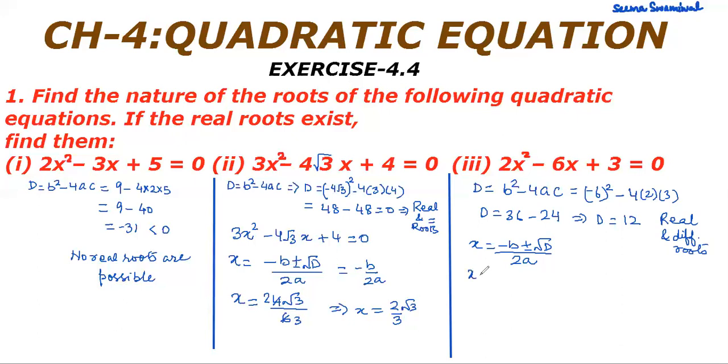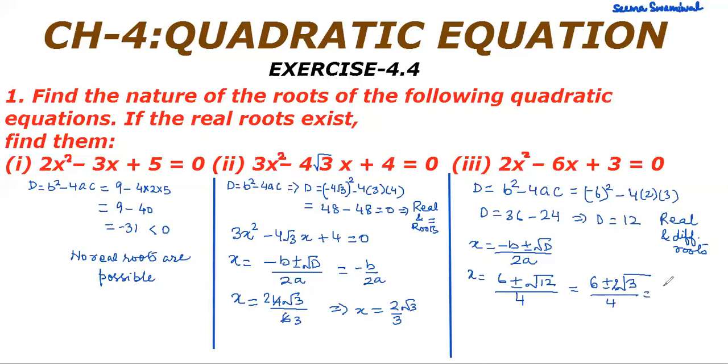So let's get the value of x from here. Minus b, that means plus 6, because b is negative here, negative and negative is positive, plus minus square root d. You will put the value here. This is divided by 2 into a, that makes it 4. So x is equal to 6 plus minus, when you factorize this 12, it will be 2 into 2 into 3. A pair of 2s, that means 2 will come out, and inside the square root you have only 3, upon 4.